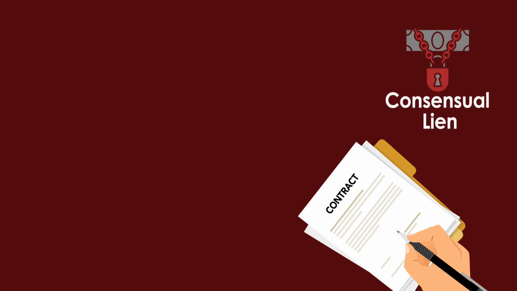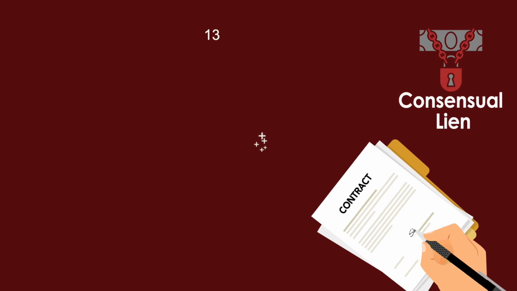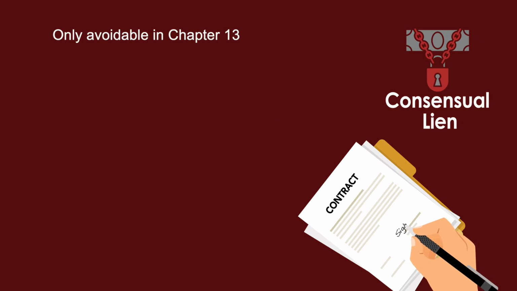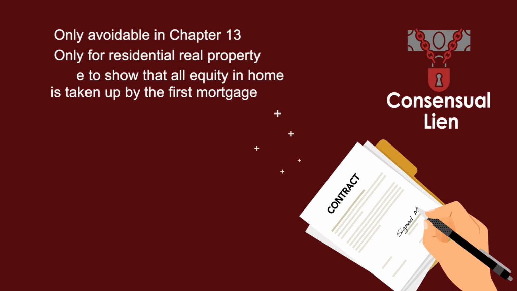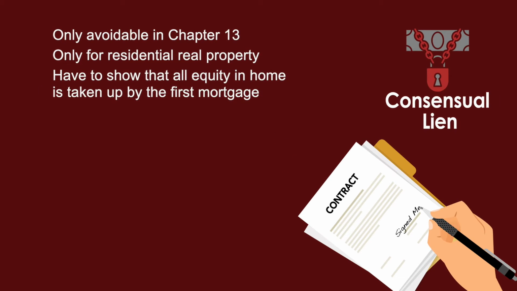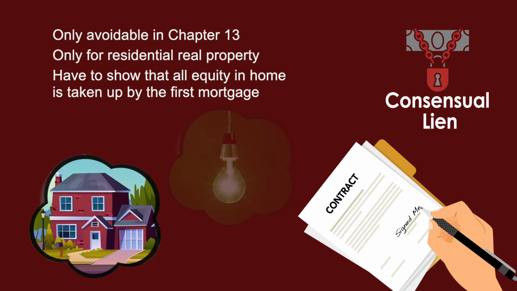The second type of lien that you can avoid is a consensual lien. You can only avoid these liens in a Chapter 13. You cannot avoid them in a Chapter 7. What you have to show in the motion is that the lien, the HOA lien, the utility lien, or the